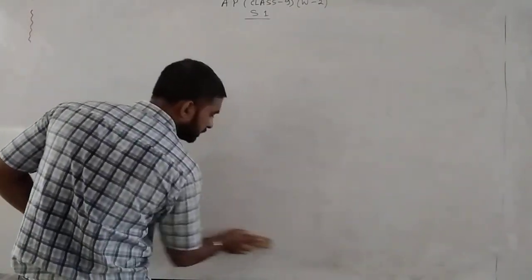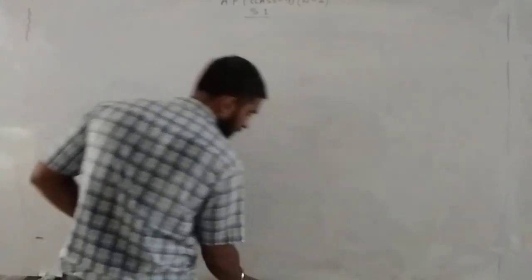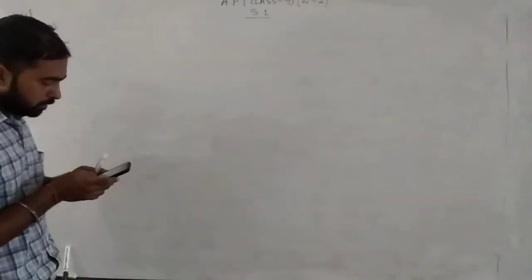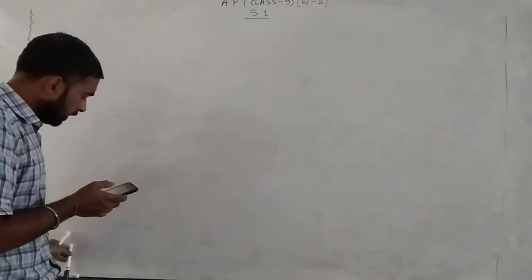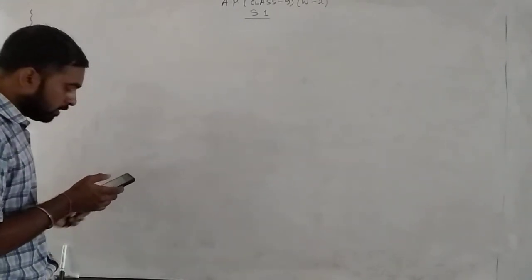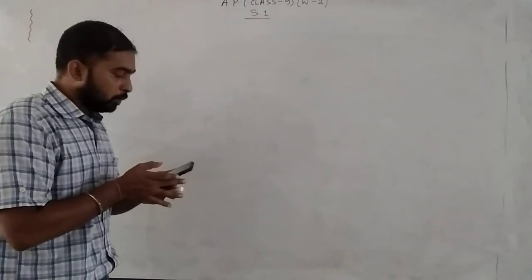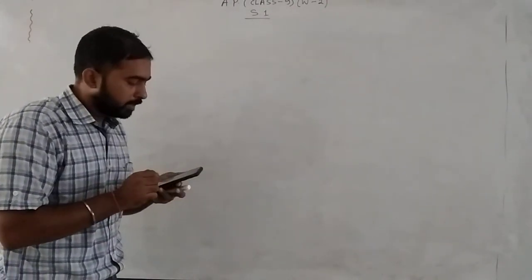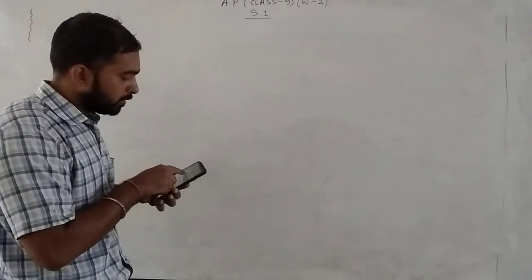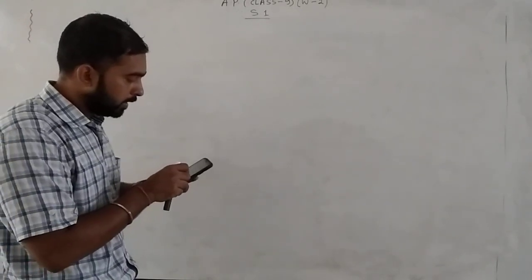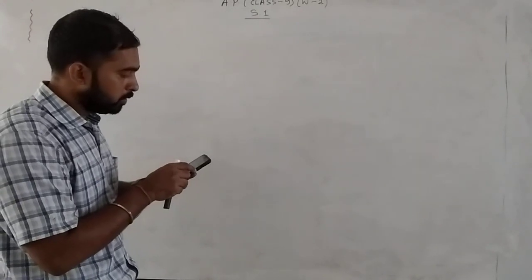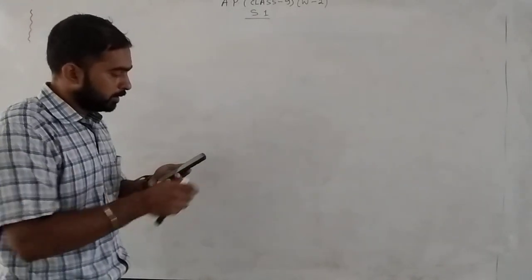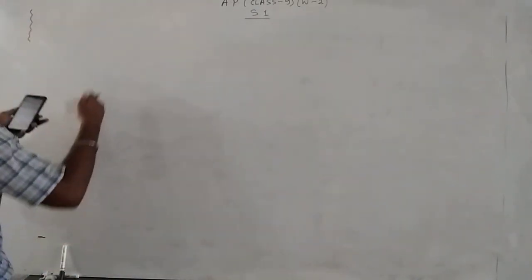Now here in advanced maths, we will do the questions slowly because it is complete in each chapter for you. Now question number 25. In an AP, the qth term is equal to twice the pth term and the rth term is equal to twice the qth term. Prove that 2p minus 3q plus r equals 0.